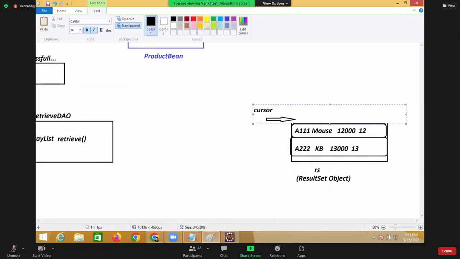The reason is that this reflection should come here, that imagination should come here. When the imagination comes here only, you will understand that the data is available in the result set. You can take it. Now here, what happened is,